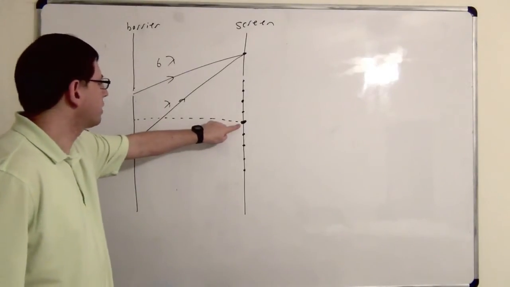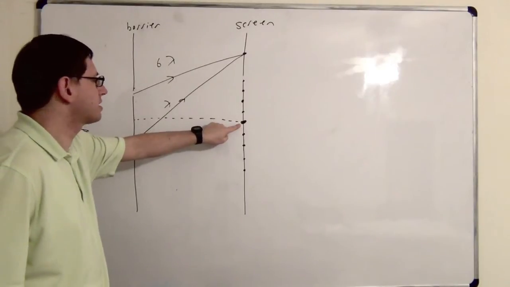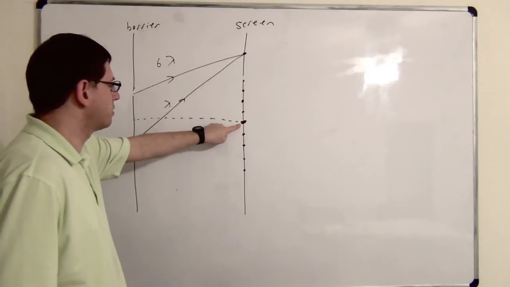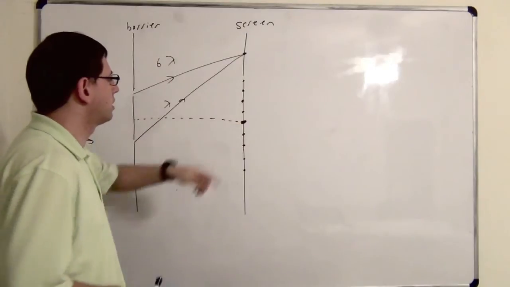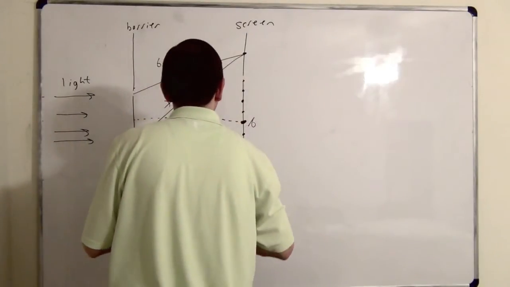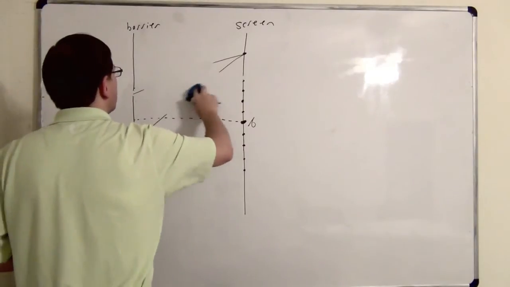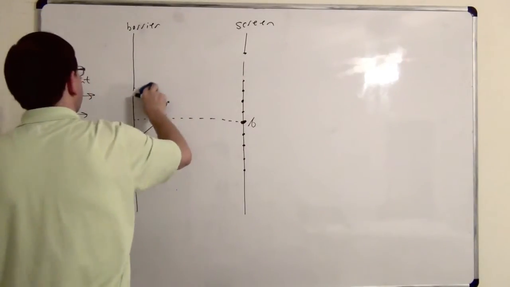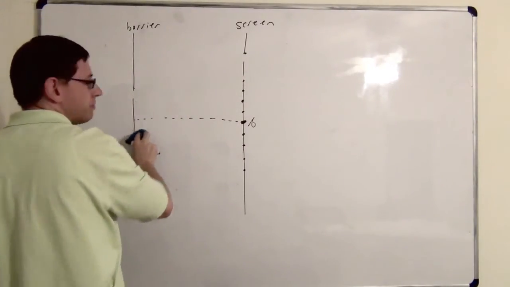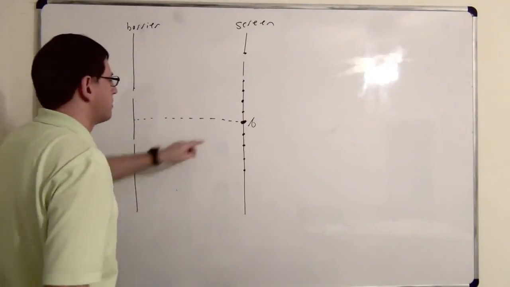So what are we going to get here on the principal axis, the central axis? Will this be a bright or a dark fringe? Right. How do you know? Because they would both move the exact same amount. They both have the same distance to travel. Yeah. How do you know? Because of the symmetry.